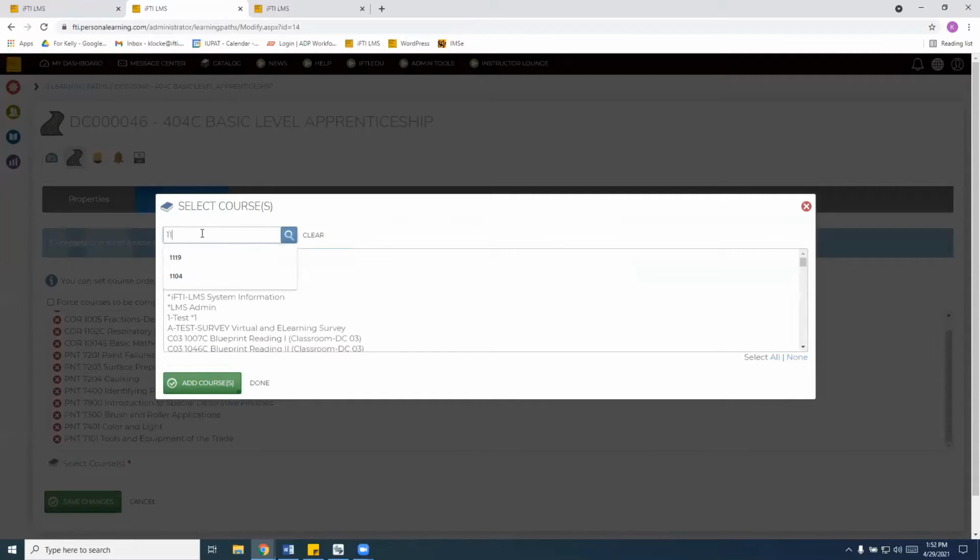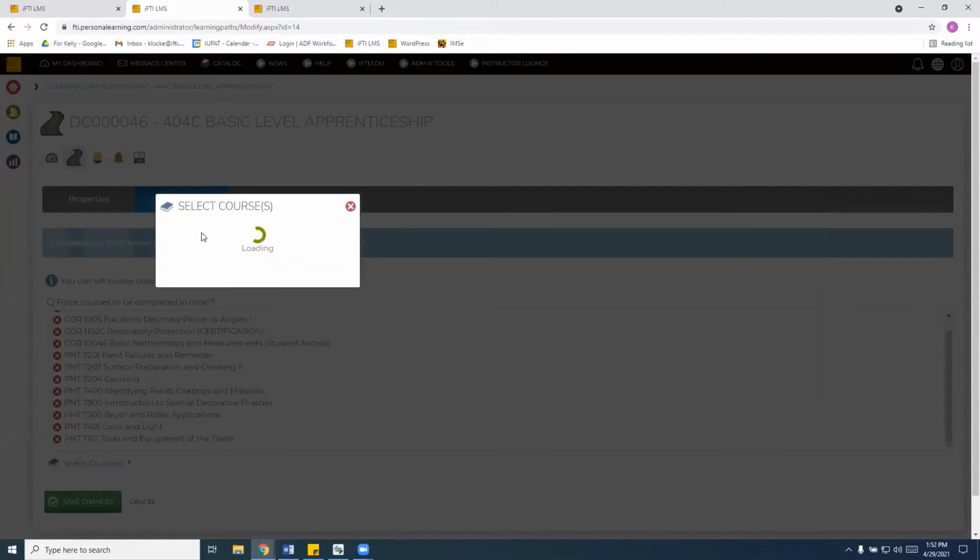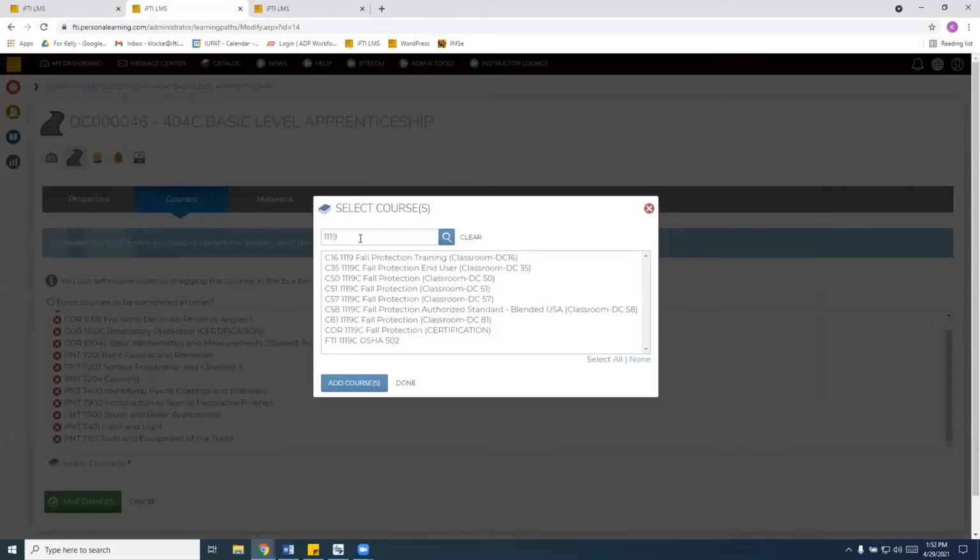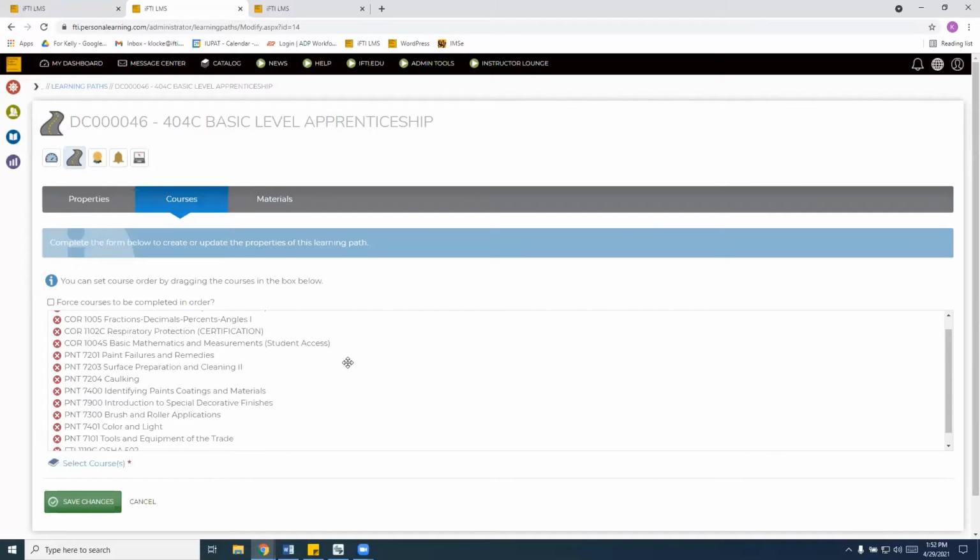You can search for a course here, highlight the course, add courses. If you select done, it brings you back to your menu. Scroll down, the course is added to the bottom of the list. To delete a course, simply click the red X and it deletes it from the learning path.